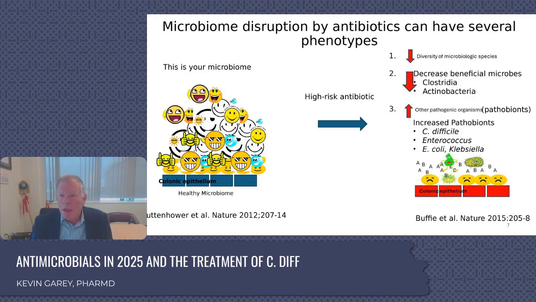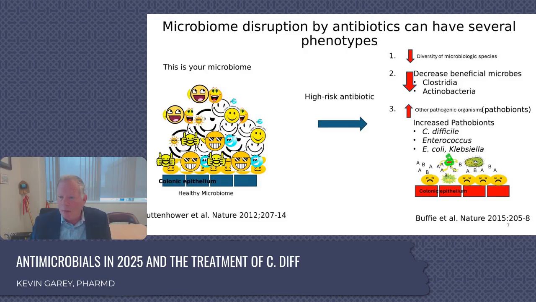That's one. And then we've already heard about one, Clostridia taxa. That's the C. scindens that Paul mentioned, but there are many others. Actinobacteria is a major phylum of the human gut microbiome. You'll often have heard of Bifidobacterium. That's the superstar species in its class, common in yogurt, for example. So when we say diversity of microbiological species, we can be decreasing these beneficial microbes that confer human health benefits. But at the same time, we can be increasing other organisms that, present at very low abundance in our human gut microbiome, do us no harm, but only when they increase in abundance do they then cause human disease.